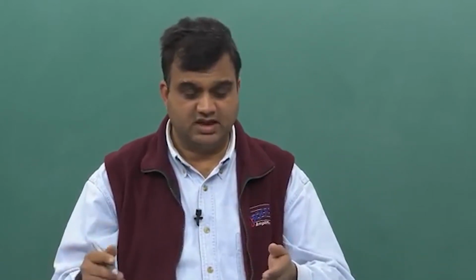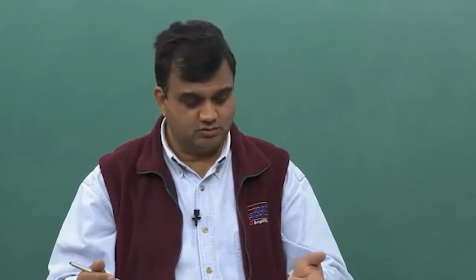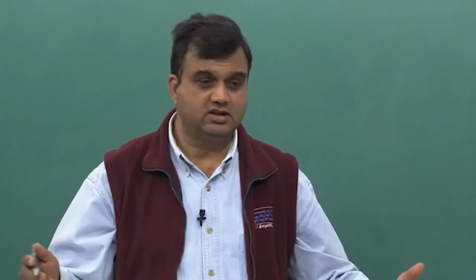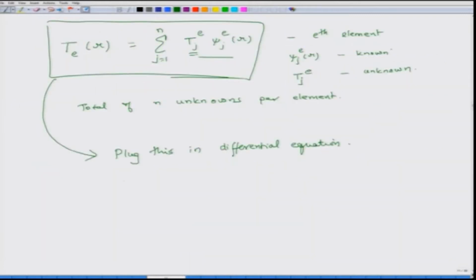Psi j could be x, psi 1 could be x, psi 2 could be x square, psi 3 could be x cube and so on and so forth, right. So this is some general function, there is no guarantee that it is going to satisfy this differential equation. So if it does not satisfy, then what do we get? Plug this and then we get error, okay. And what we do is, we integrate that error iteratively, we integrate that error with some other function.